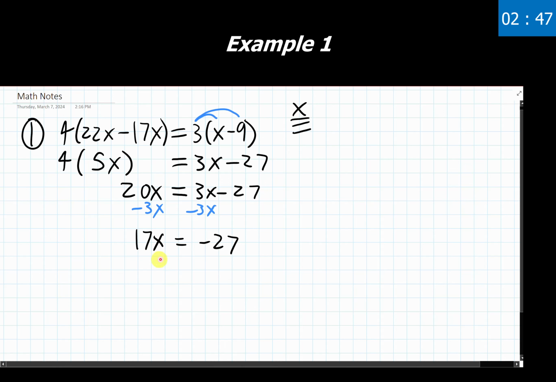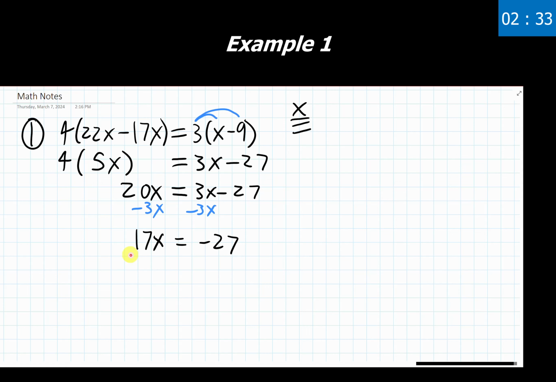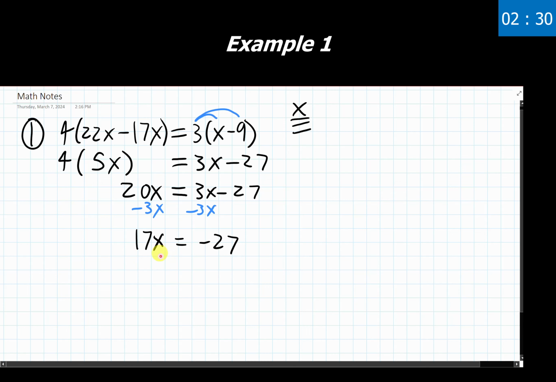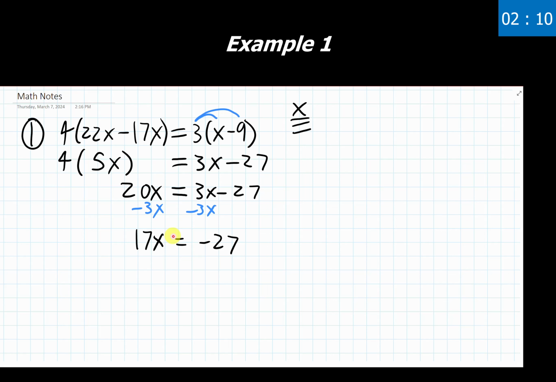Now we can see, hey, we've got x's all by themselves. We've got, or at least the variable terms all on one side. So great, our third step is done. If we look at step 4, it says to isolate the variable term on one side by eliminating all constant terms on that same side. So do I have any constants that are adding or subtracting at the end here or over here at all? No, I don't, which, hey, that's kind of nice. Step 4 is already done for us. We don't need to do any other addition and subtraction here. Step 5 is telling us then, isolate the variable by eliminating the value and sign attached to the variable if it's anything other than 1.